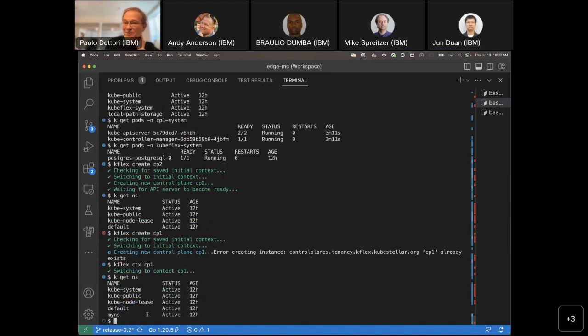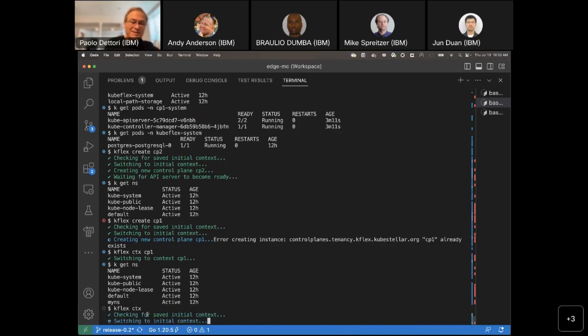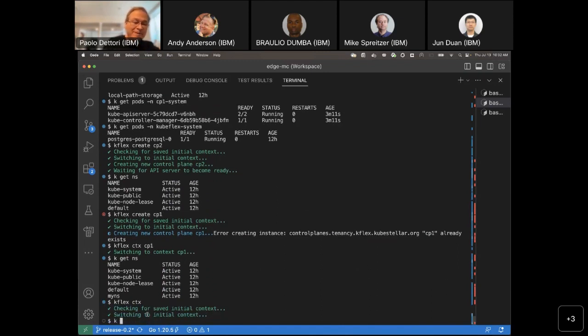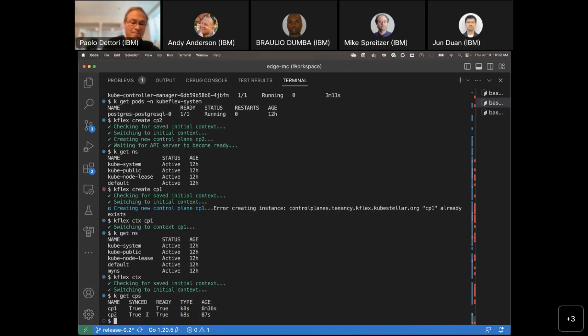sort of standard Kube API servers, but part of the power of KubeFlex is to be able to create different types of control planes. And by the way, if I switch now back to my hosting cluster, I can see that if I list these control planes, I have these two control planes. These are CRs. And you see there is a type K8S. So this is sort of the default, creating pretty much, as I mentioned, a Kube API server plus controller manager